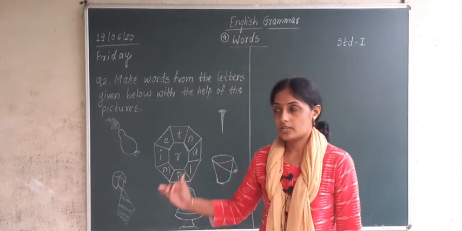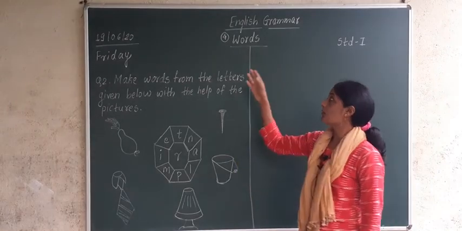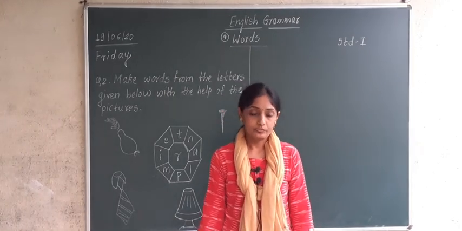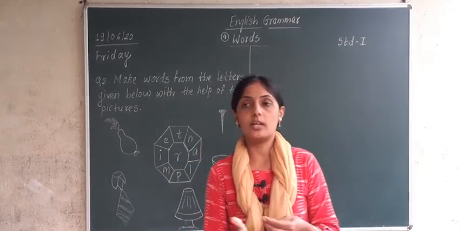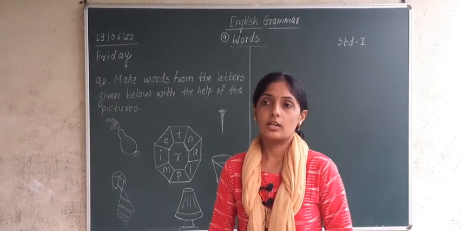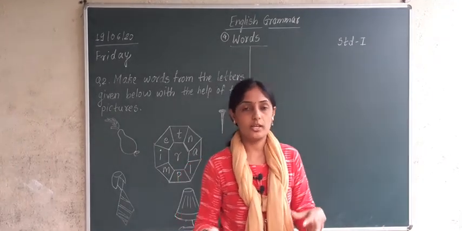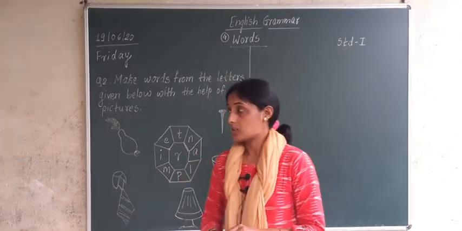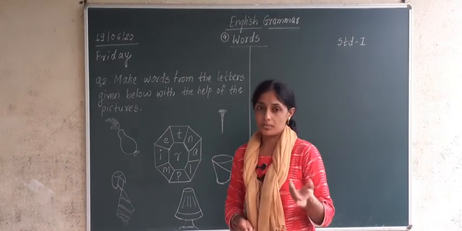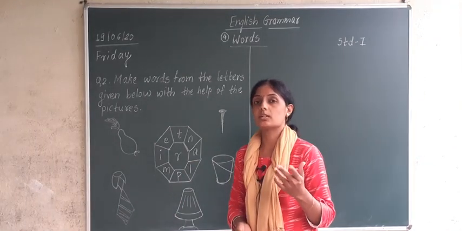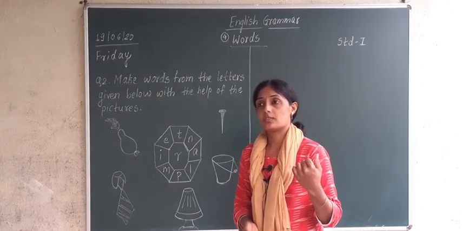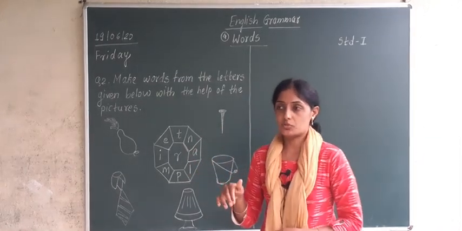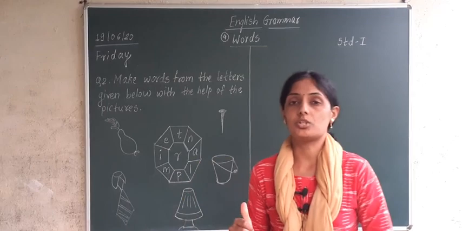And yesterday we started with a new lesson. The name of our lesson is words. I told you what words are. Words means what? Letters which are put together to form a word. Correct? There are various letters which we put together that form what? That forms a word. Yesterday I explained the definition and some examples also. We took 2-letter words, 3-letter words, then 5-letter words, 6-letter words. After completing those 17, 18 examples, today we are going to start with the second question.